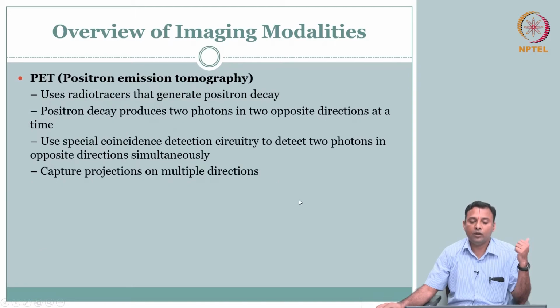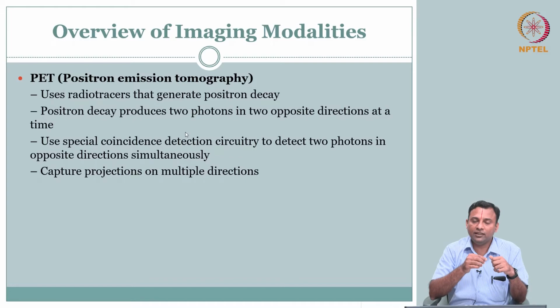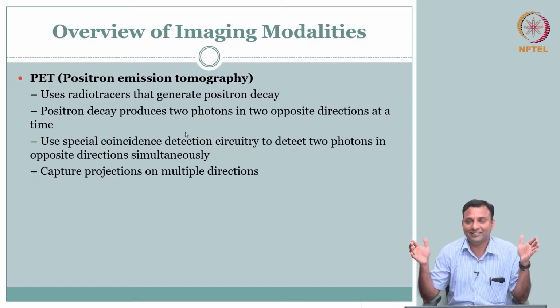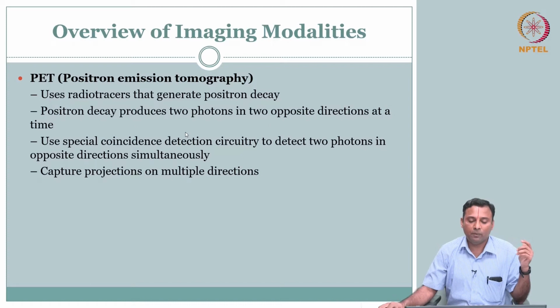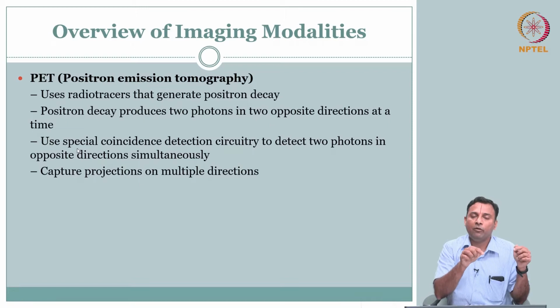The third is positron emission tomography. In positron emission, you are not capturing the positron. The positron gives rise to two photons, 511 keV, that is 180 degrees apart. So you are catching two photons. It is really two photon emission tomography, but that doesn't sound well, so you call it positron emission tomography, because you capture these two photons and then say where probably the positron decay happened, your source.